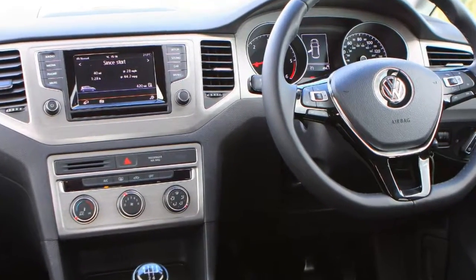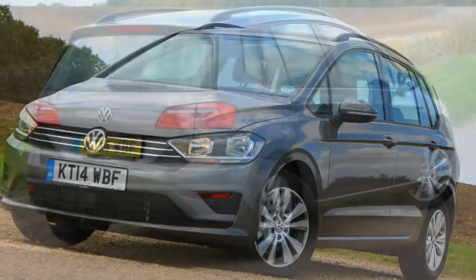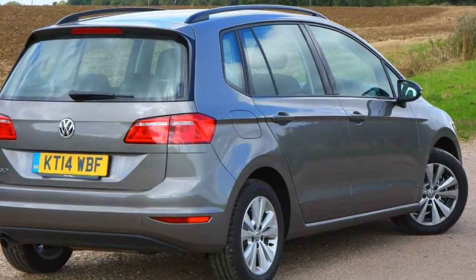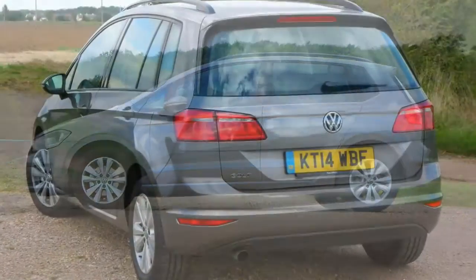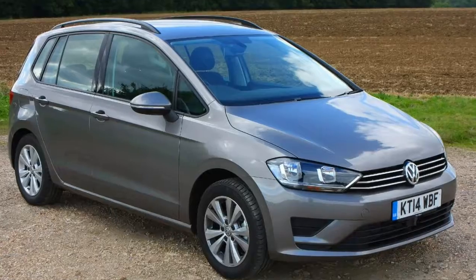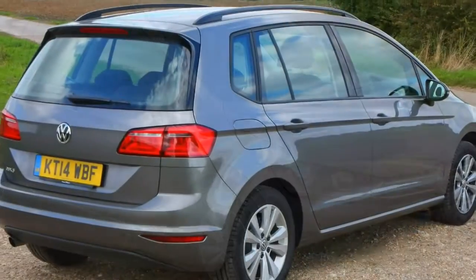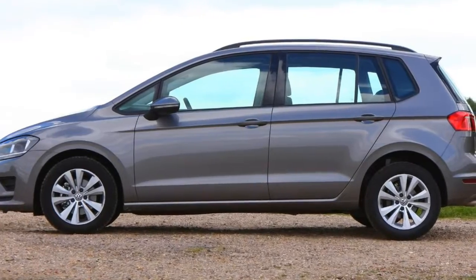2018 Volkswagen Golf SV Review. The good points of the Volkswagen Golf SV: practical, easy to drive, comfortable. Not an SUV. The bad points of the Volkswagen Golf SV: